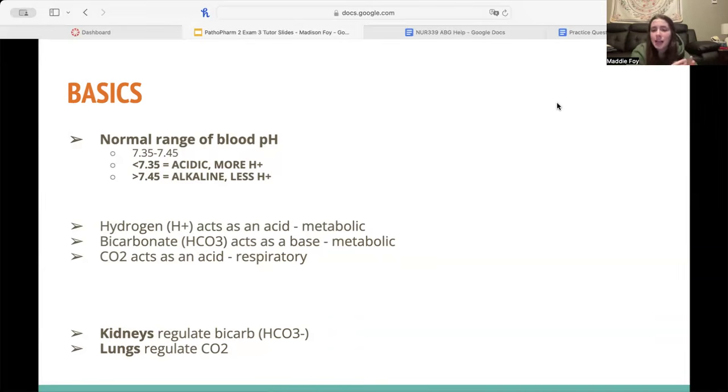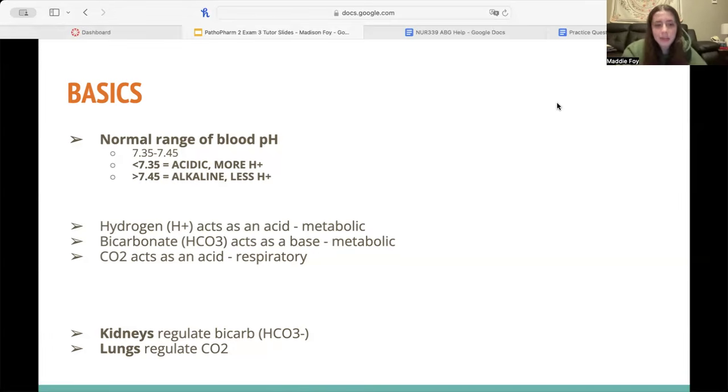7.35 is the more acidic side and lower, whereas 7.45 and up, you're looking at an alkalotic or alkaline state. In general, some key things you need to know. Hydrogen acts as an acid, bicarbonate acts as a base, and CO2 acts as an acid. So when I say acts as an acid, that means it's going to have an effect that lowers your pH. So hydrogen and carbon dioxide will lower that pH, 7.35, 7.30, 7.2 something, whereas bicarbonate acts as a base, we're going to increase that pH up on the 7.45 and upside for